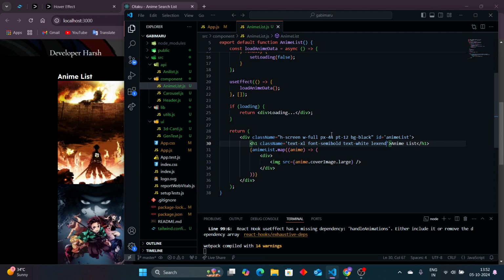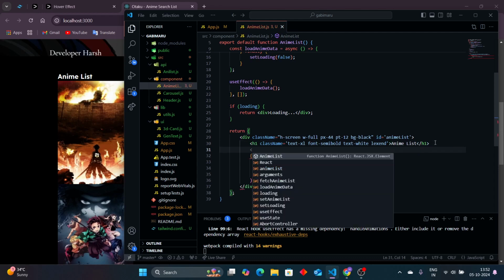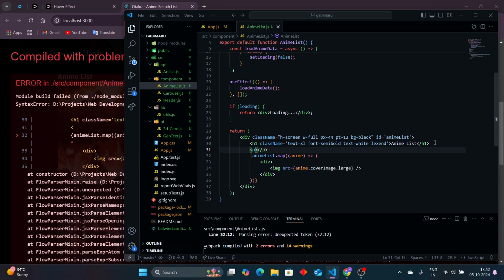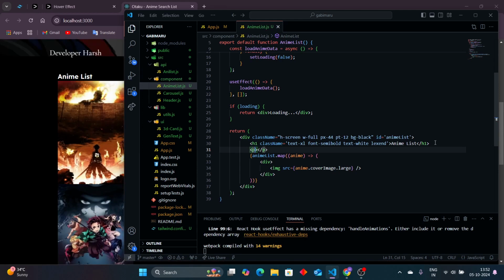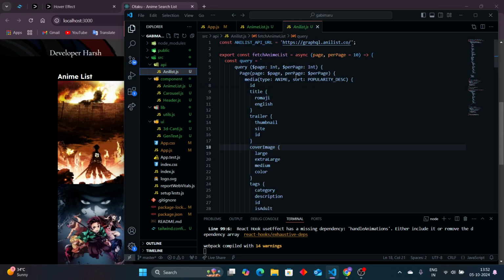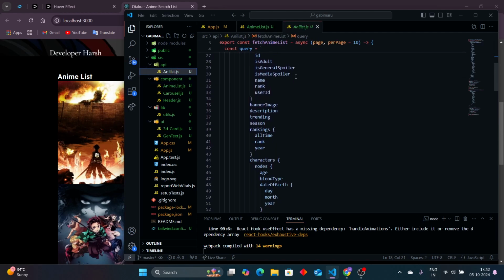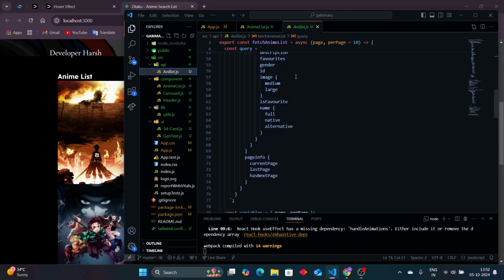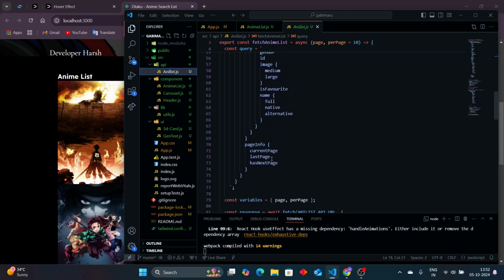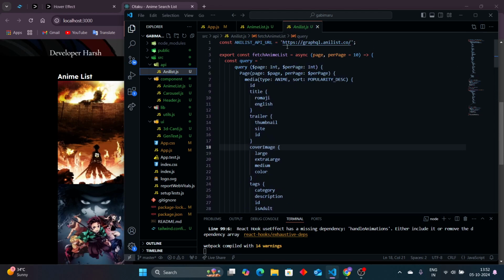Okay, as you can see. And now what we can do is add a paragraph here. So as for the paragraph, is there anything that we can use? Okay, per page count. Okay,